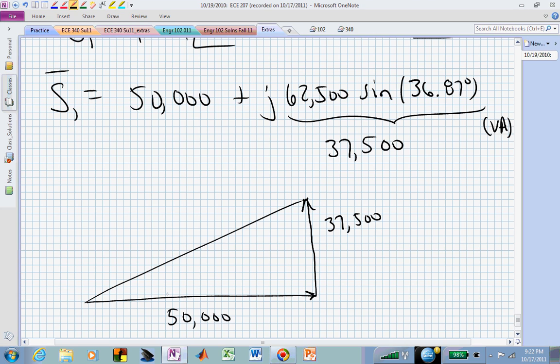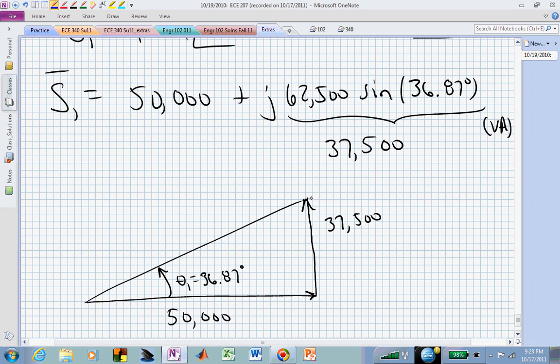We also know that this angle, theta 1, is 36.87 degrees. What we're trying to do is leave the real part alone, not introduce any more real power,